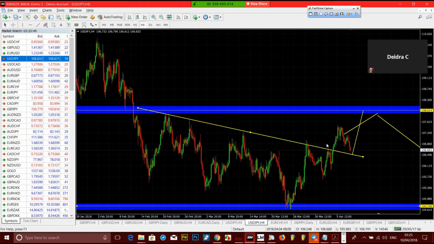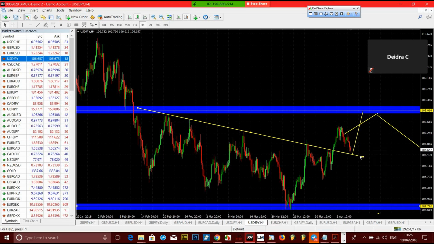So we need to expect that to happen. Why are we expecting that? Because we had lower highs and lower lows. Then what happened? You saw the market break out of it. It broke that trend structure. When it breaks the structure, the trend line, the support and resistance line, you always wait for it to come back and retest it. And after retesting, that is your cue to enter that trade. So it broke the structure of lower lows and lower highs, and then came back and is trying to retest it.